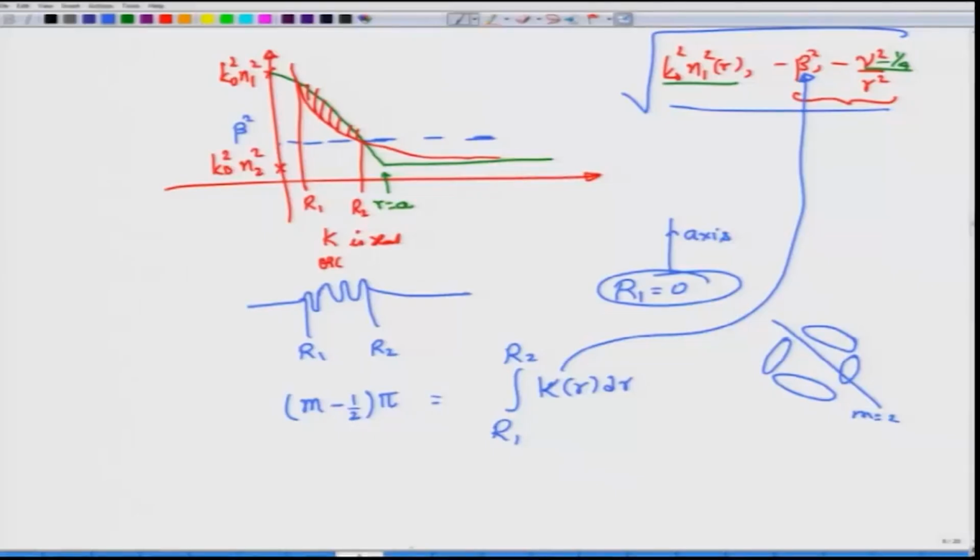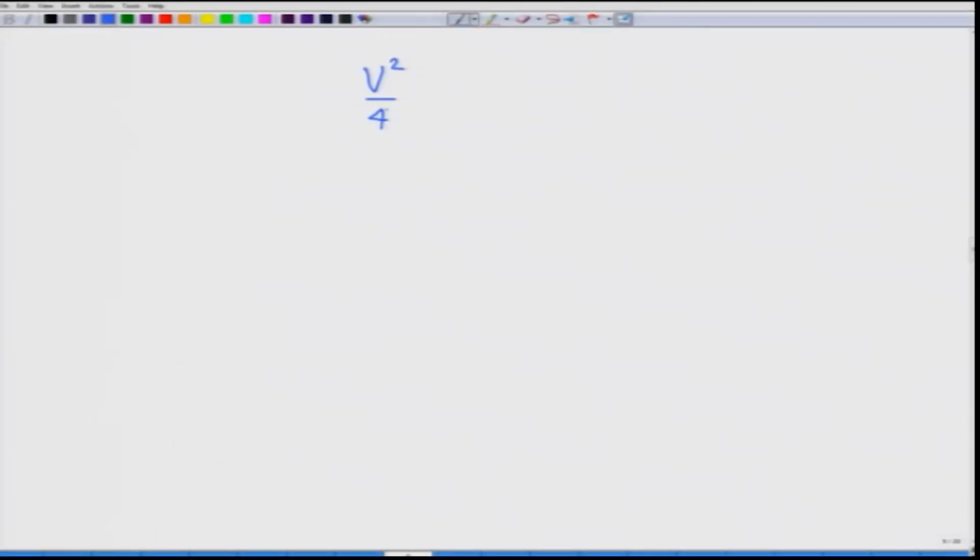One final point about this graded index fiber is that the number of modes guided by this one is given by V square by 4, whereas the number of modes guided by the step index fiber or step index profile is V square by 2. Okay. So, this is for the step index and this is for the graded index. So, you can see that the graded index fiber carries half the modes of the step index fiber, and also its power handling capacity is smaller because not all the power is coupling into it, only half the power compared to the step index fiber gets coupled to the graded index fiber